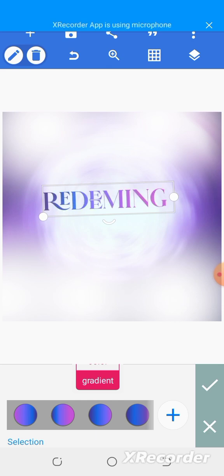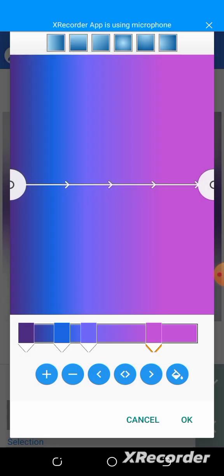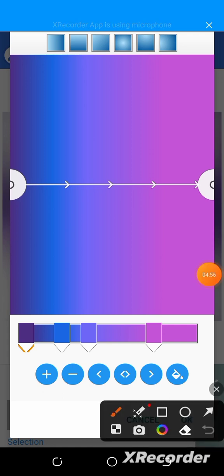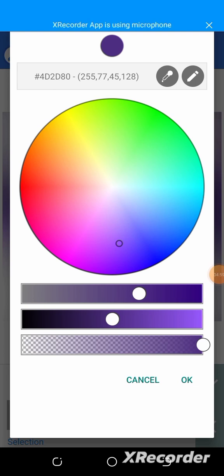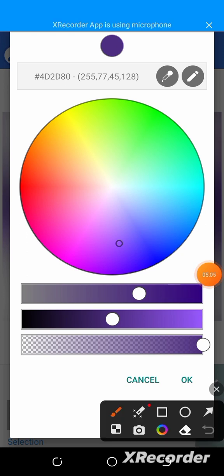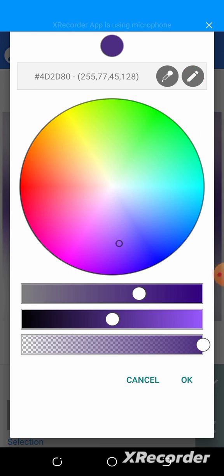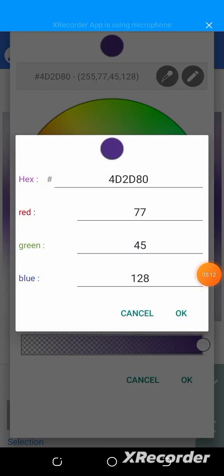So I'll be choosing this color. Now for you to have the same color with me, this first bar, right? If you look at this first bar, click on that first bar and then you click on this color 2 down here. This color 2 will take you to this place. After you have arrived at this page, you click on this tool up here. Now this takes you to the color code of this tool. This is the color code of that color. So you copy